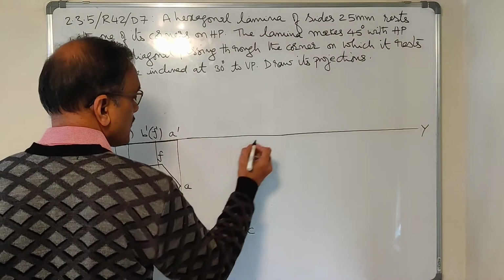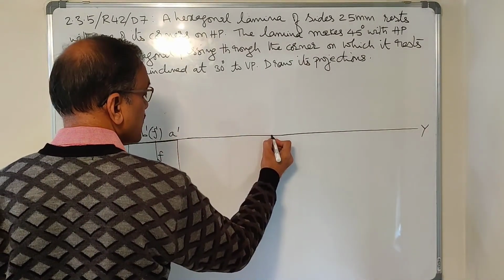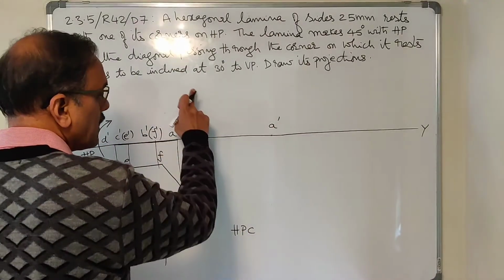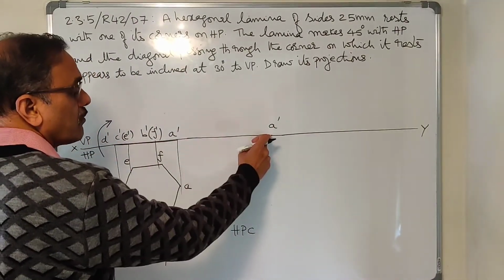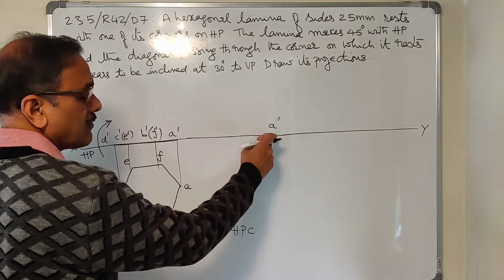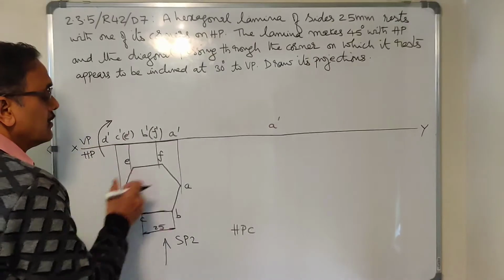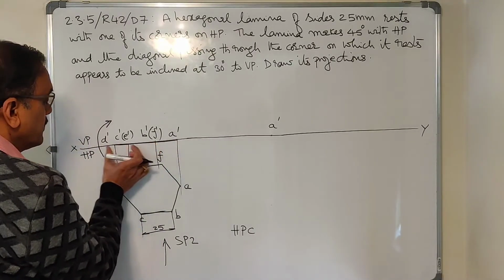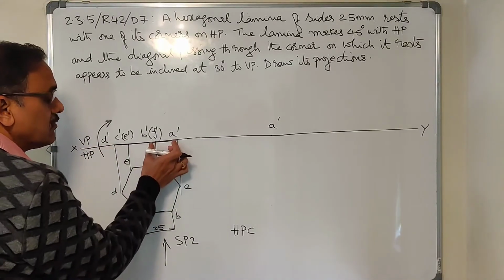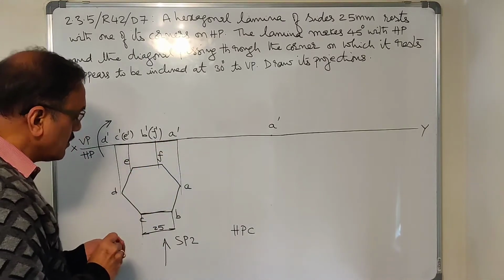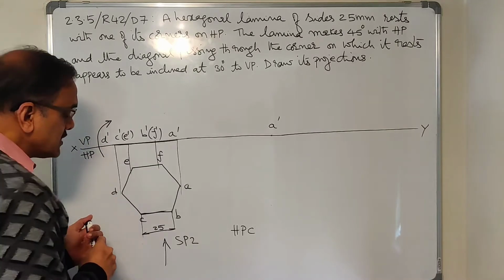So how do we do the second step? We will start with A dash on XY. Okay. Draw a line inclined at 45 degrees. You can put your protractor here. Draw a line inclined at 45 degrees and then go on marking these points on that line. Okay. With the same distances. All the three distances you can take with compass. Don't measure with scale. It could be some fraction. Okay. Don't measure with scale.